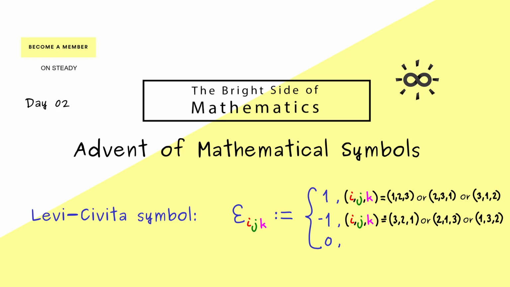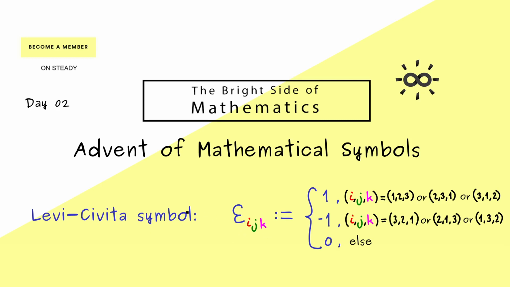So what you can remember is the cyclic order here gives us a sign for the symbol. And then in all other cases, maybe all the indices here are equal to 1, we get out 0. Okay, that's the whole definition of the Levi-Civita symbol with 3 indices.